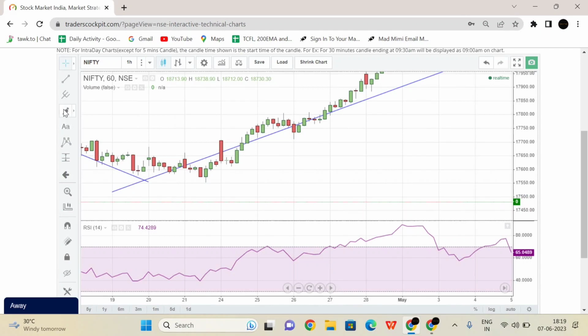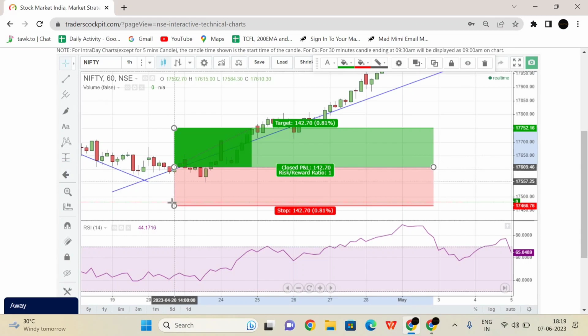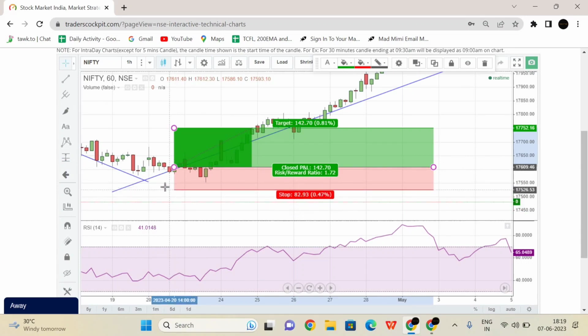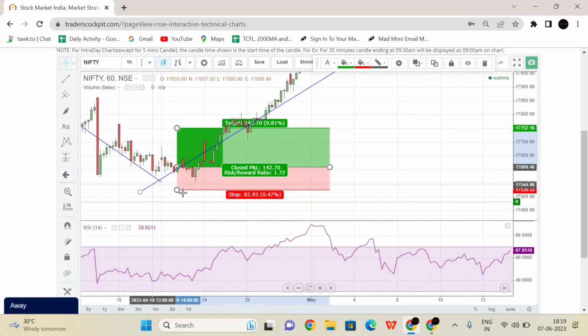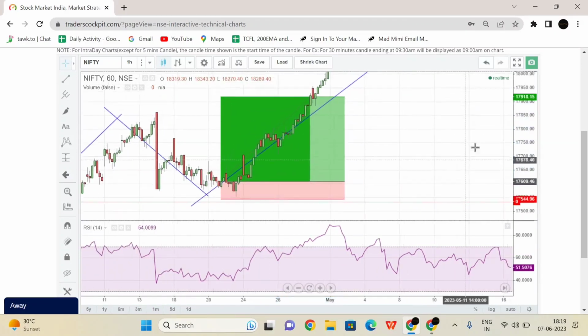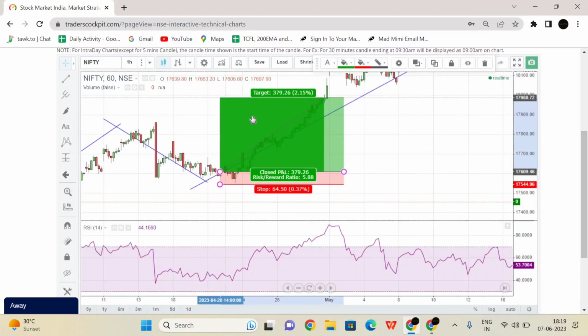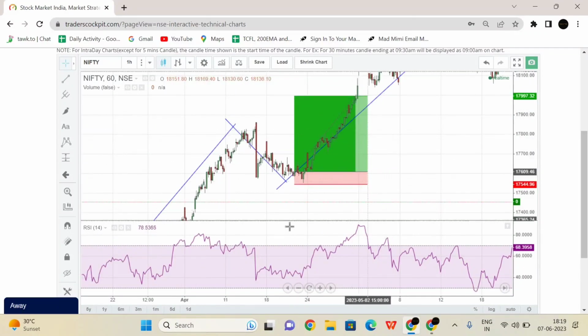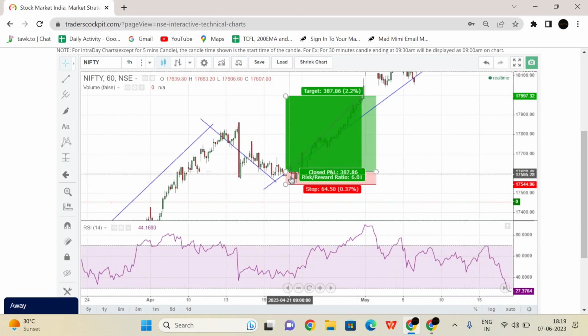These are all the confirmations you look for the buying opportunity, and you place the buy order here. We keep the stop loss just below the previous low. If you observe, this is the previous low, and just below that level will be our stop loss. And with divergence trading, we can expect 1:3, 1:5 reward from the market. So this is how we use RSI along with market structure. If the market is making higher highs in a higher structure, we shift to the lower structure, from the daily candle to the hourly candle. Once we shift, we identify RSI near oversold and at the same time take the candle confirmation. This is the fourth level of RSI analysis.